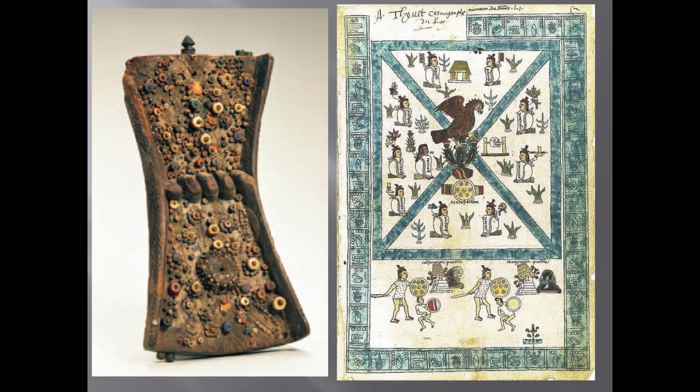So what do you remember about the work on the left? What would you guess it would have in common with the work on the right, which is a Mexica codex? Both of these works use iconography and the careful placement of materials or images to tell a story about a history of ruling dynasties and conquest.